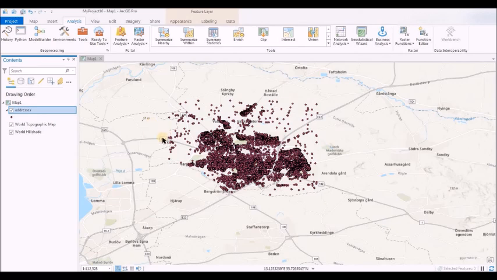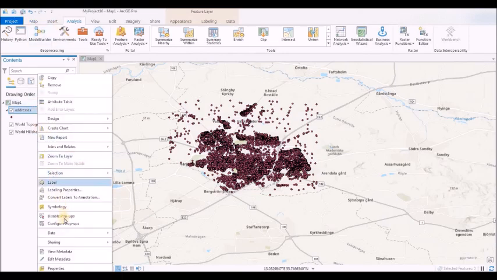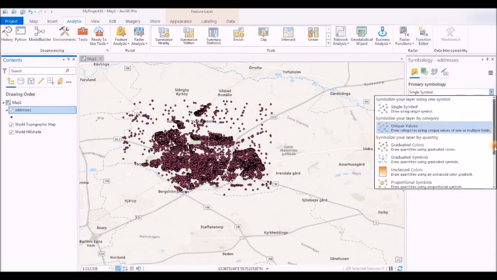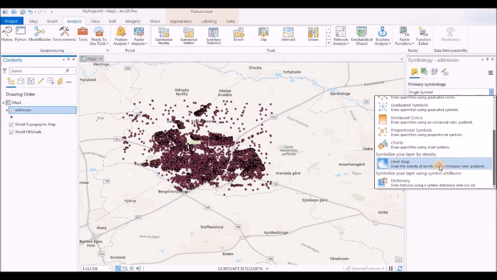Today what we'll be doing is showing how to make a heat map in ArcGIS Pro. We have a bunch of address points in a layer for Lund in Sweden, and what you do, you right click on the table of contents and then go to symbology, and then instead of single symbol you want to pan down and go to heat map,